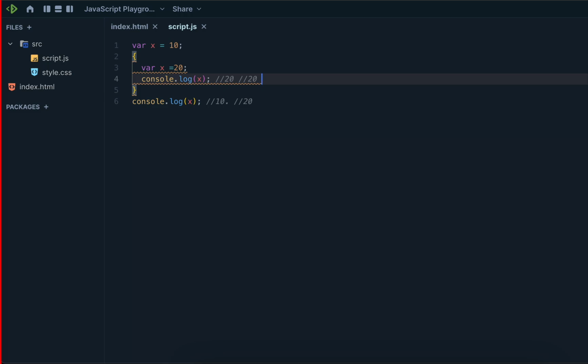So here, is it reassigning or redeclaring in this code? Reassign. What about Priyanka? What about you, Yuvraj? Yes, sir. Kaustubh is saying that here we are reassigning. So is it reassigning or redeclaring actually?